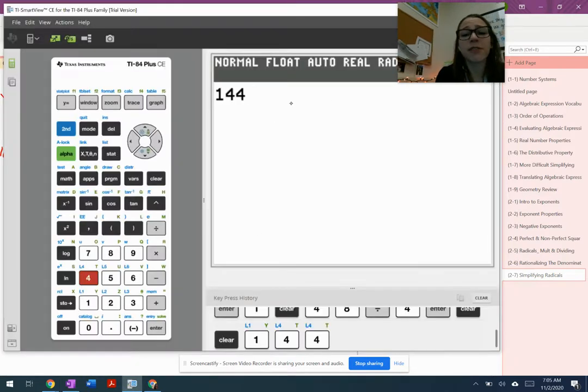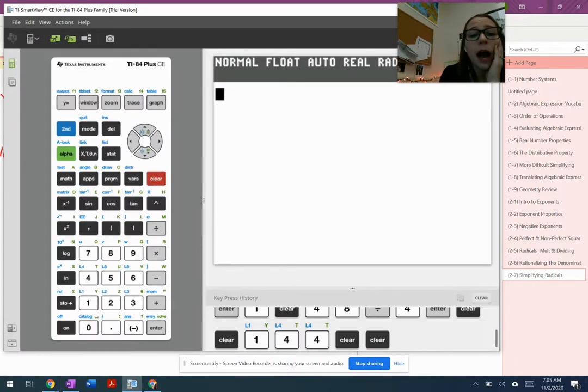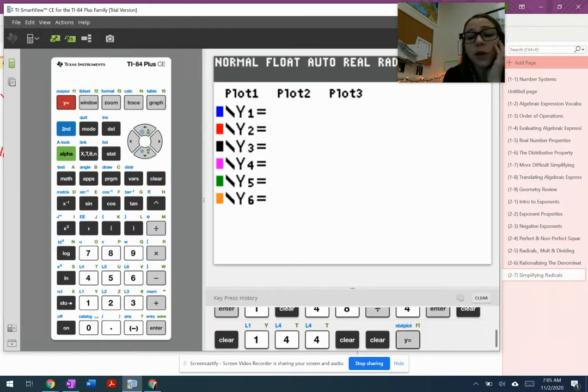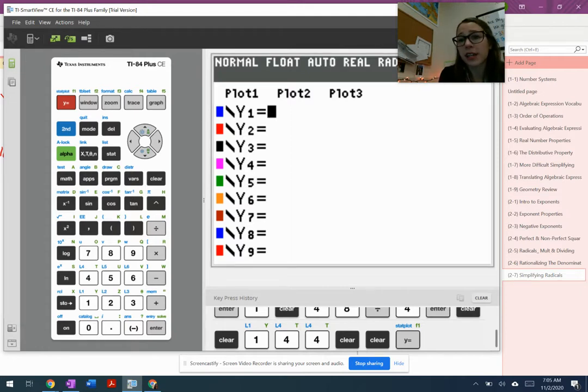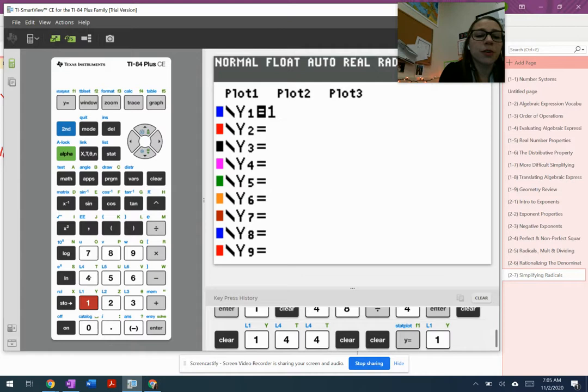So if I wanted to get the factors of 144, I'm going to go up to the top and click on where it says y equals. And this brings up this little y equals menu, and I've got like 10 or 9 different things I can plug in. So I'm going to plug in 144, the number I'm looking for factors of. So I'm going to do 144